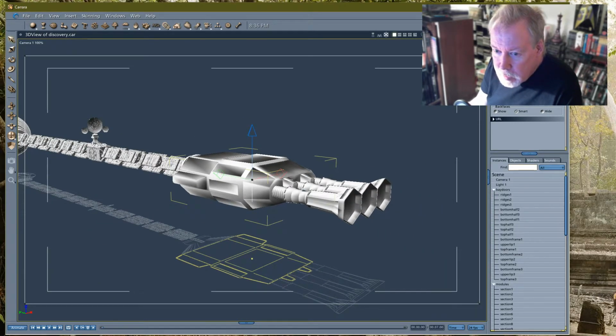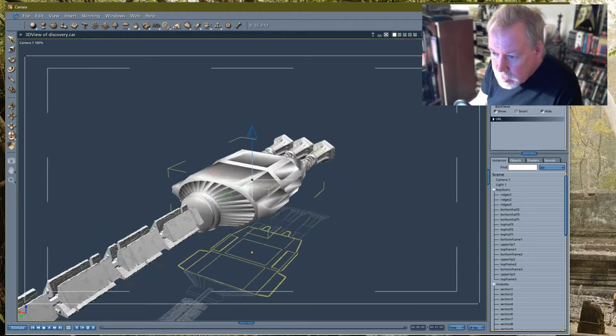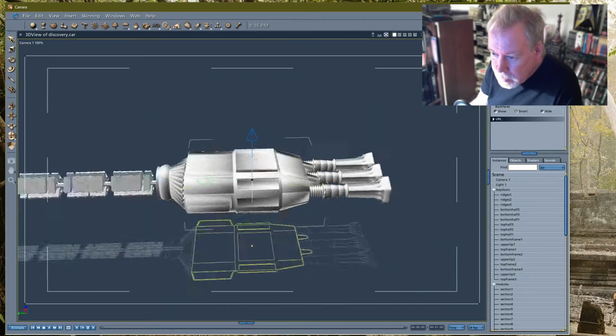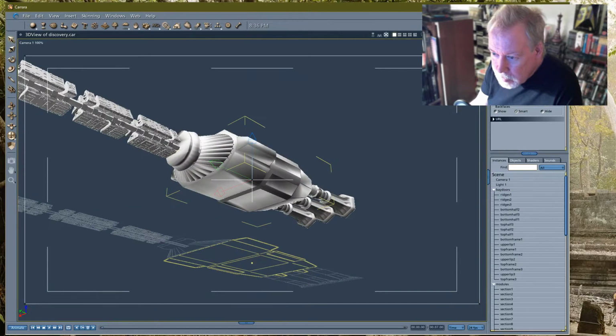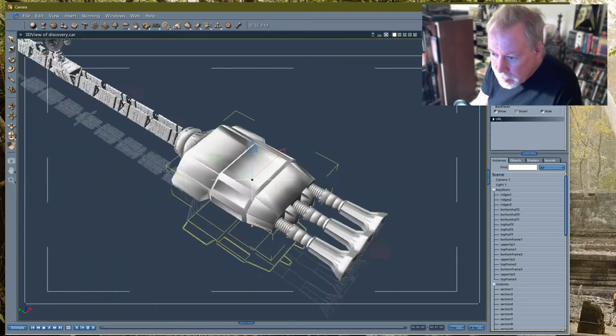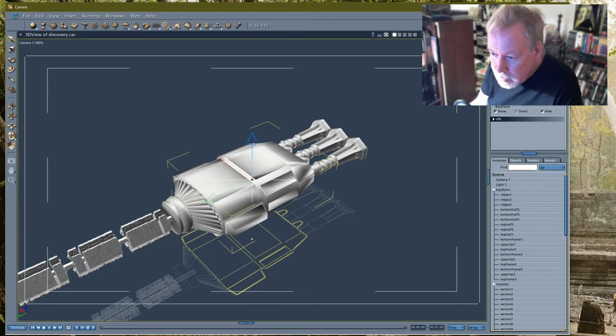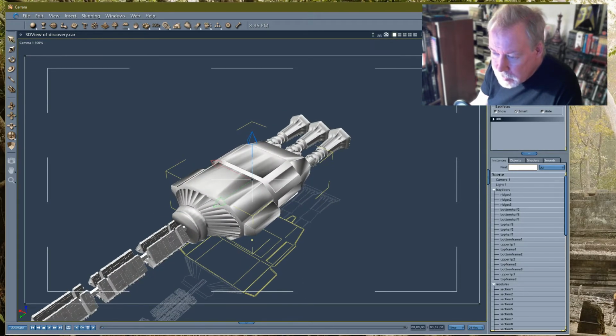This is how Carrara imports meshes that it doesn't really understand the lingo. It doesn't know what normals are, that kind of thing. I mean, these are going to be what? Not normal normals, but vertex normals. But I'm going to fix it. Like this main one right here. I'll fix it right now.